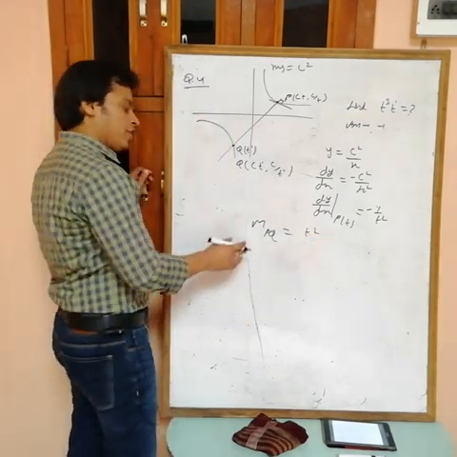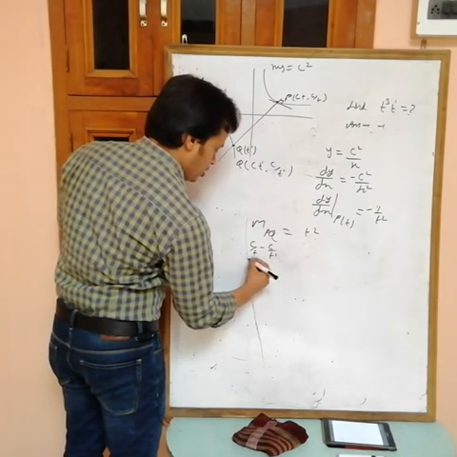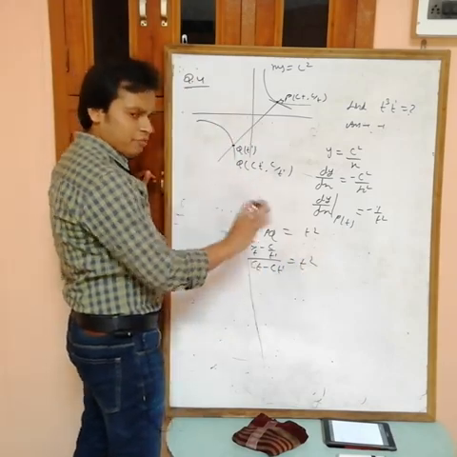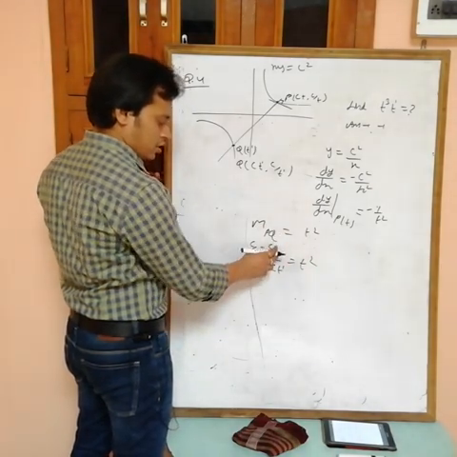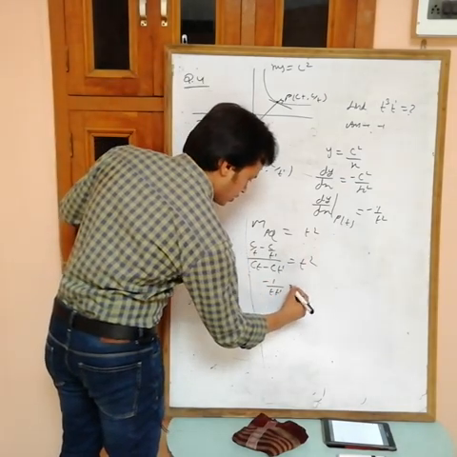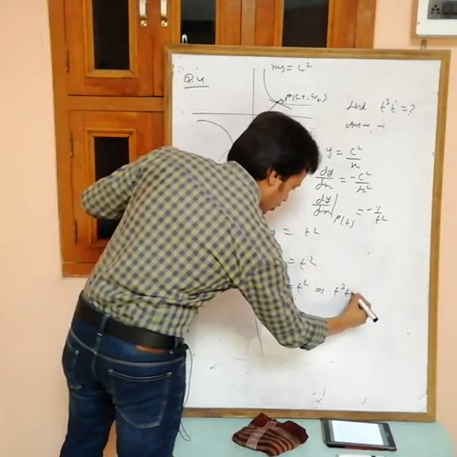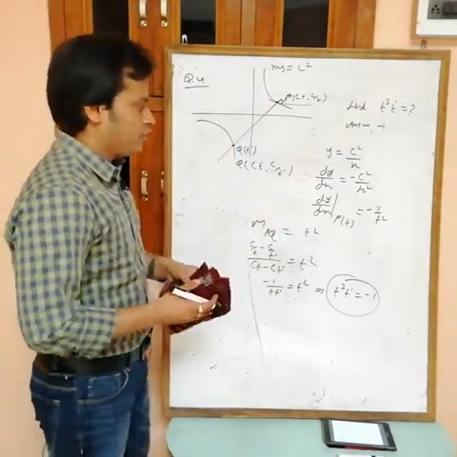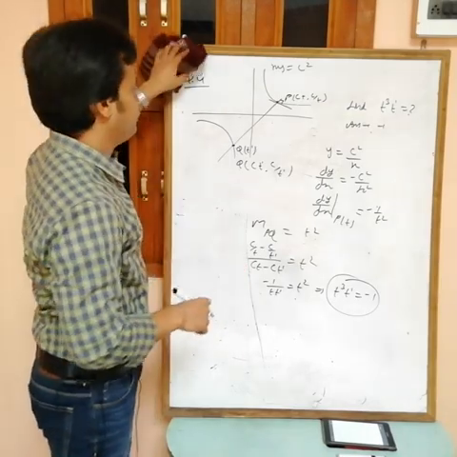Again I can find the slope of PQ by using (y2 minus y1)/(x2 minus x1). Now from this one c will be cancelled out. If you take LCM, t dash minus t, t minus t dash, LCM t dash. So after cancellation you will get minus 1 by t dash remaining. Multiply this denominator part at the side, then you will get t cube into t dash equals minus 1. Hence solved. Okay, write down. Done.